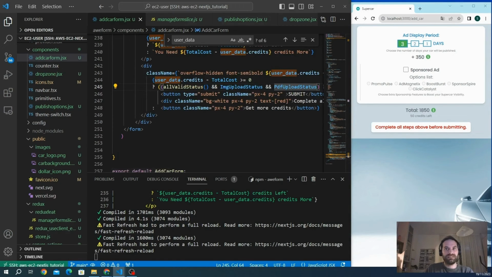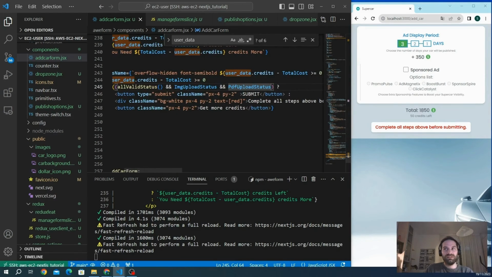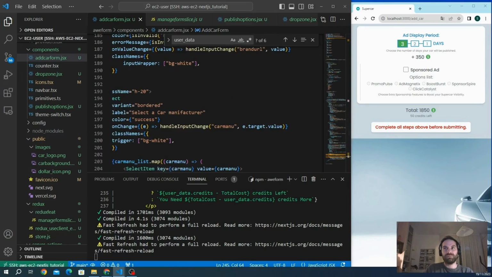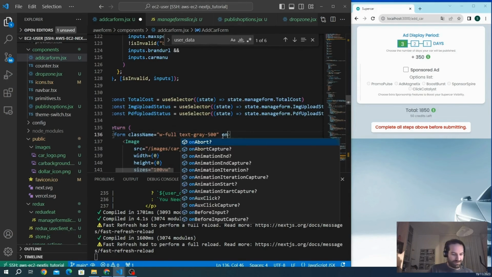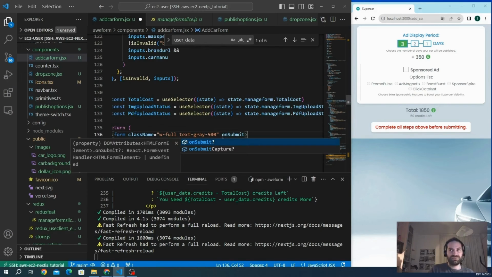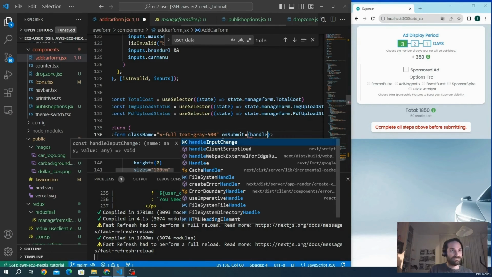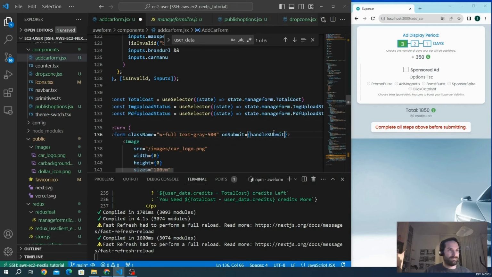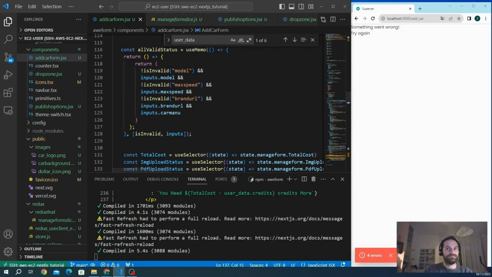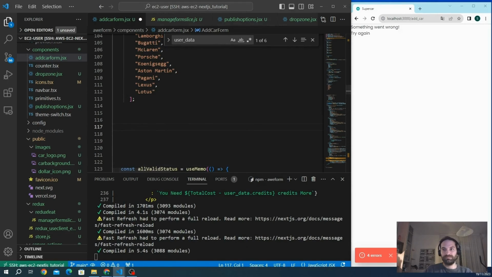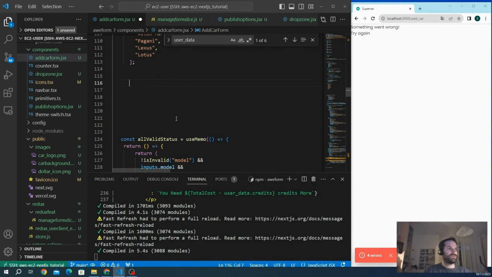In this last part, we have the submit button here. As you can see, we need to specify on the top of the form an on submit function, which we're going to call handle submit. Let's go on the top and declare this function. We can declare it here. So the function is going to be